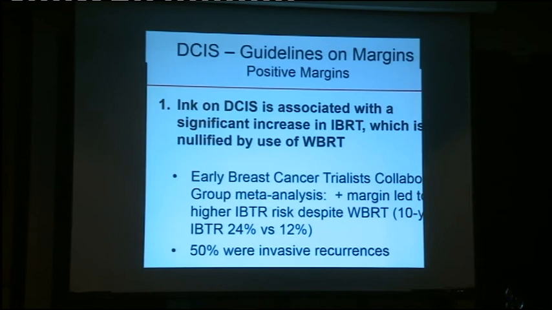So based on all these recommendations, I don't know why the slide is cut here. I think we did not adjust it well, but the consensus statement indicated that presence of ink on DCIS is associated with a significant increase in ipsilateral breast recurrence, which is not nullified by radiation therapy. So if we have an ink on DCIS, just like invasive carcinoma, we would consider this as a positive margin. The question is, if you have small